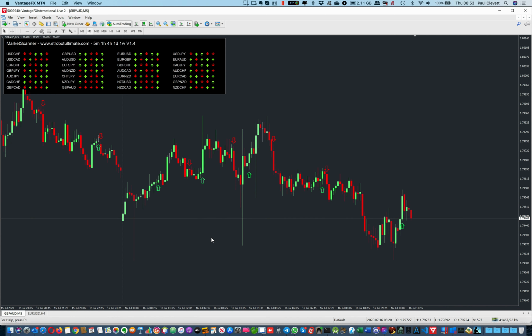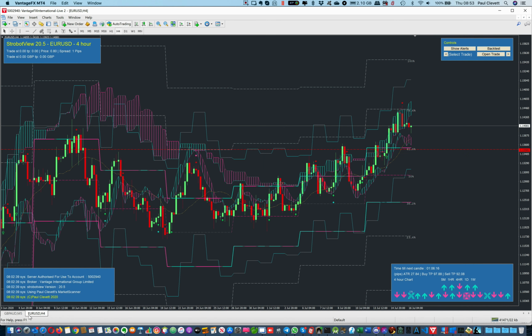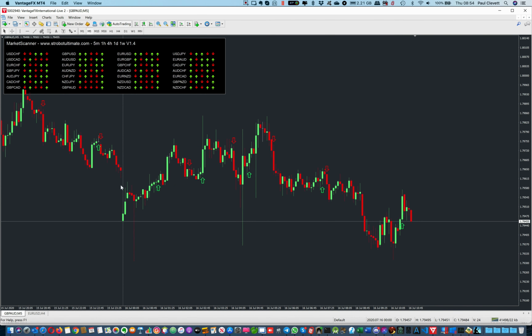So basically, what it does is there's an engine inside StrobotUltimate, which is the trading robot that's powered by these charts, and it does lots of things like works out stops, take profits, risk reward, can I take the trade now. There's lots and lots of things that it does. And I just wanted to take the engine out of it so I can at a glance see what the robot was looking at. So here's all the currency pairs, and you can see there's a bunch of arrows, and each arrow starting on the left, 5 minutes, 1 hour, 4 hour, 1 day, 1 week,